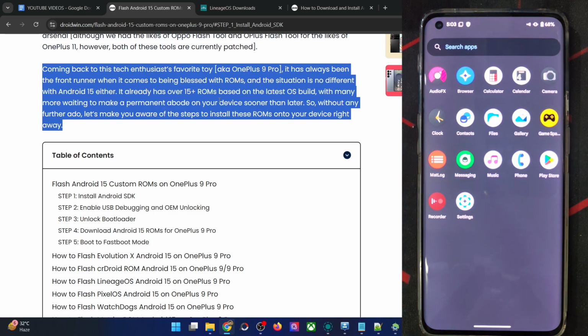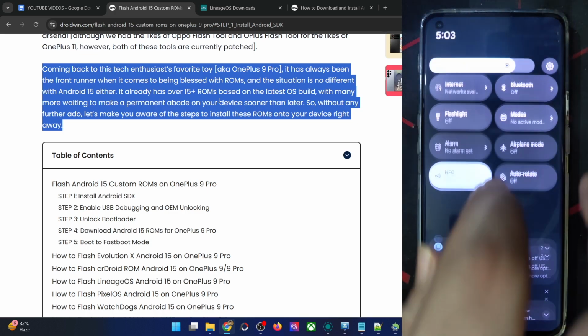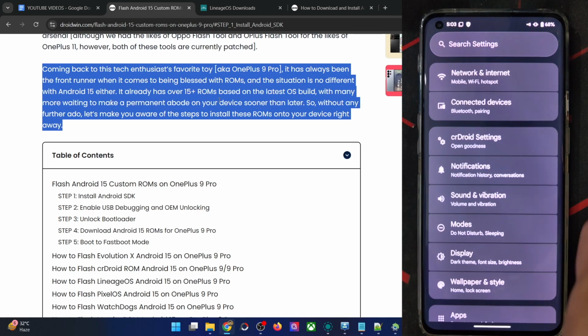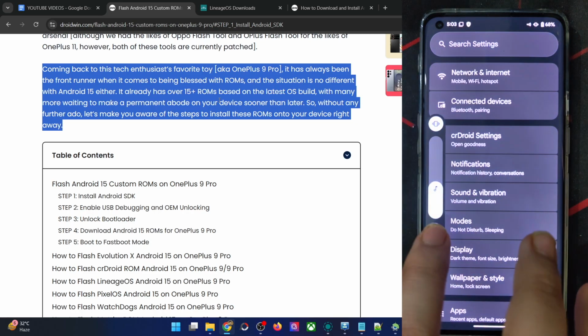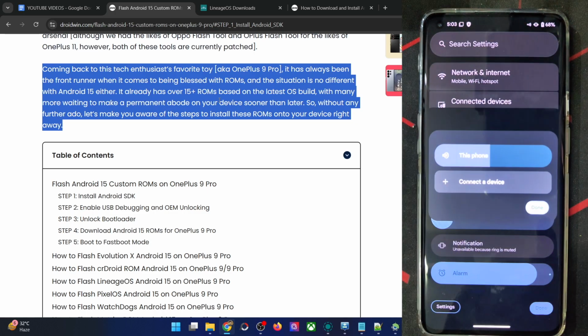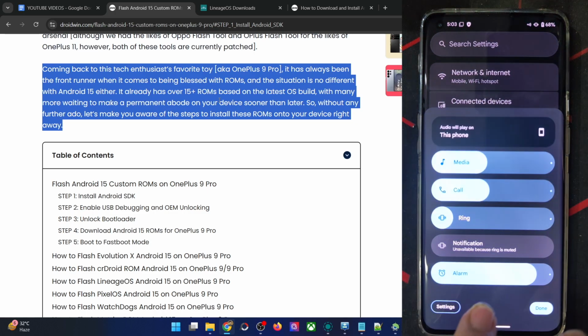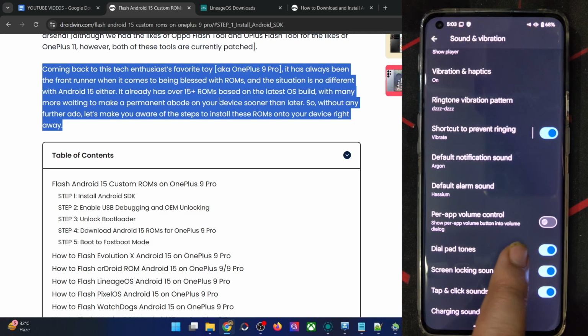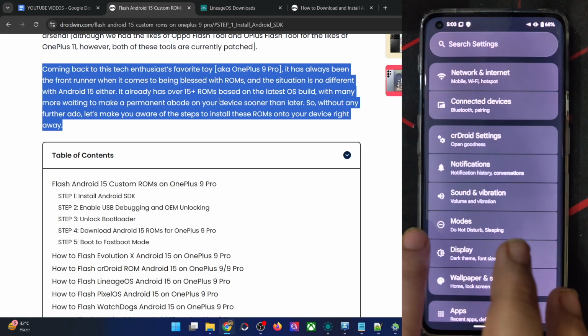We have only a few GApps because I flashed the core GApps, the Play Store, and a few GApps in the backend, Play Services, and all such stuff. And these are the QS tiles, and we have the new Android 15 settings UI as well. Then the volume panel, let me have a look at that. So this is the new volume panel for Android 15 as well. You may also add a new device over here or change the audio tweaks from this page. Change the ringtone, vibration sounds, and alarm tone from here.